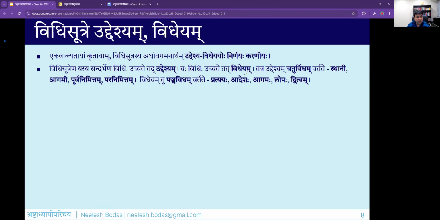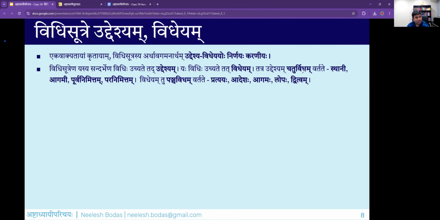Now with this particular definition, once you have that ekavakyata, the most important next step is to understand which component in the sutram is uddeshyam and which component in the sutram is vidheyam. Because uddesha is the thing that you know, so it comes from the previous step of the prakriya. And vidheyam is the new transformation that happens in that step of the prakriya. So once you understand uddesham and vidheyam, you are done with that step of the prakriya and you can move on. So let's focus on this uddesham and vidheyam.